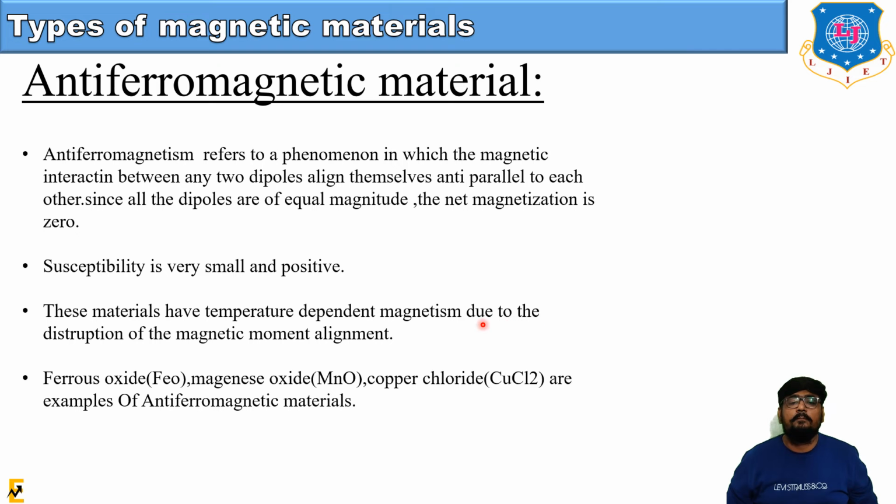These materials have temperature-dependent magnetism due to the disruption of the magnetic moment alignment. Once the temperature is raised, the alignment gets disturbed. The following are examples of anti-ferromagnetic materials: ferrous oxide FeO, manganese oxide MnO, and copper chloride CuCl2. As you can see, the variation of susceptibility with respect to temperature for three types